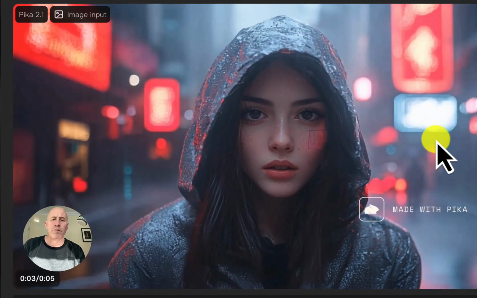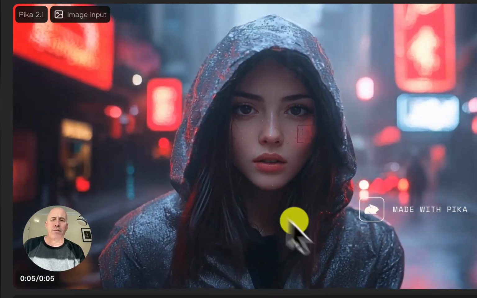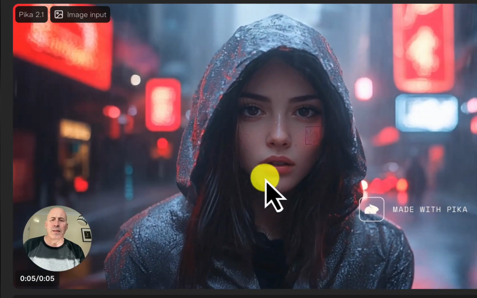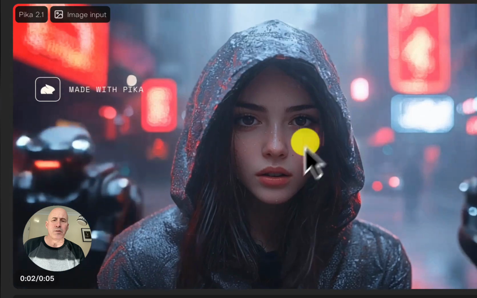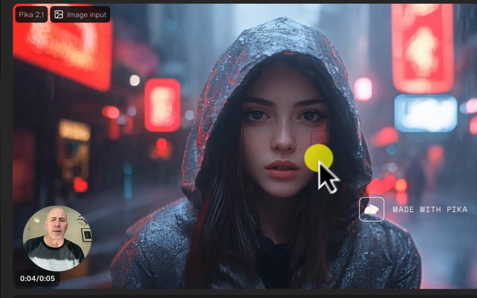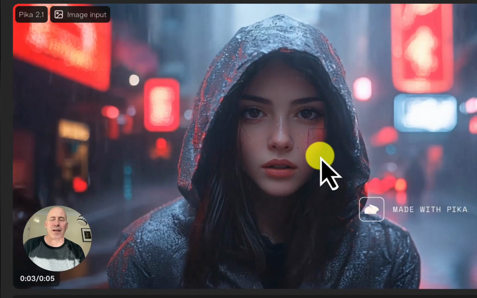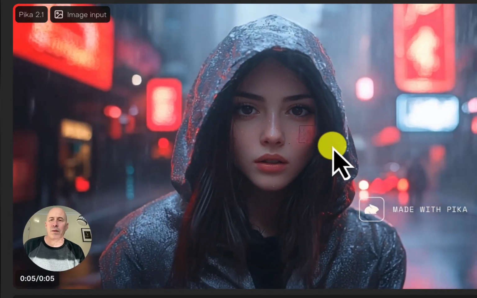There's some movement in the hair, but the face is very focused and to the point, and there's this little patch here that's interesting. It's almost lit up a little bit. I don't think I really noticed it in the actual image, but I can see that it has developed here